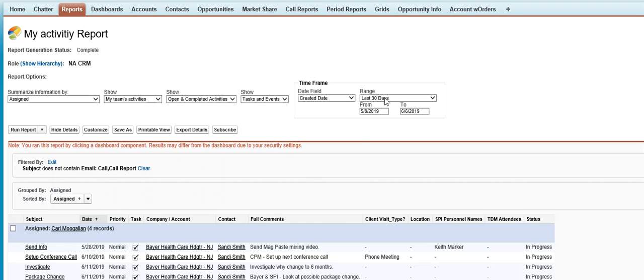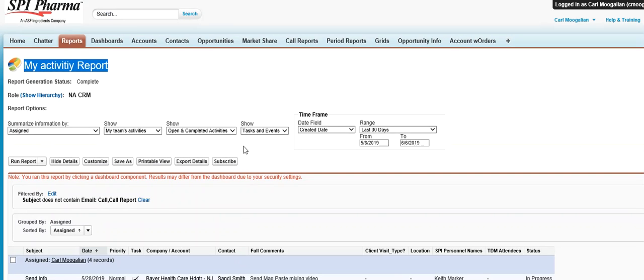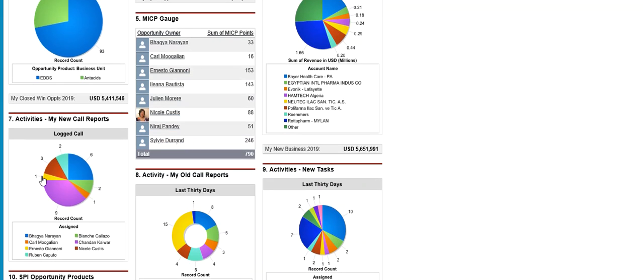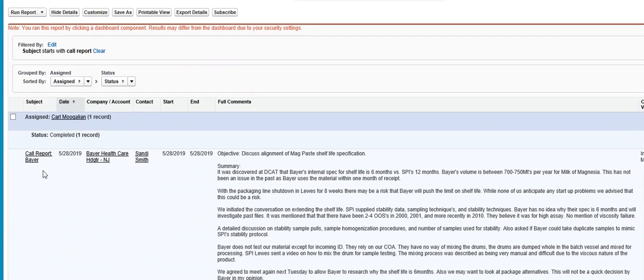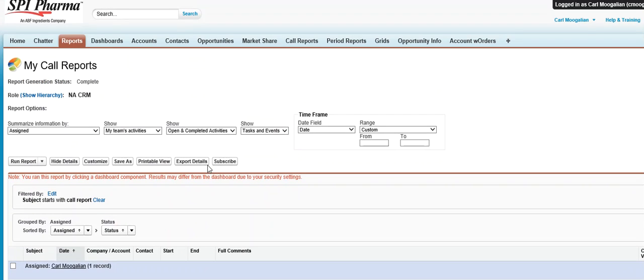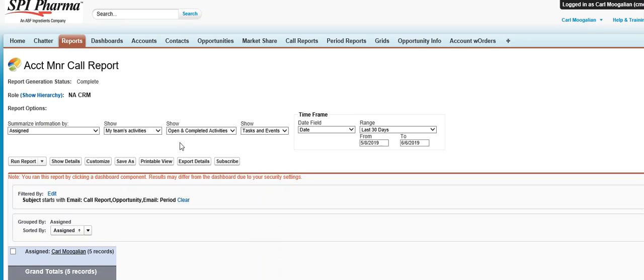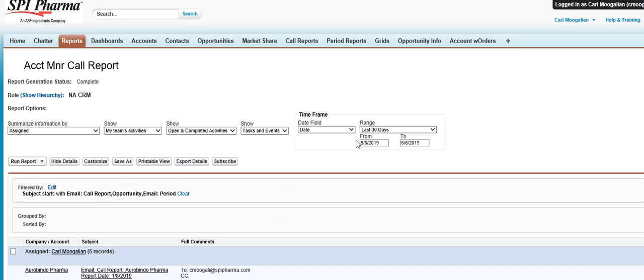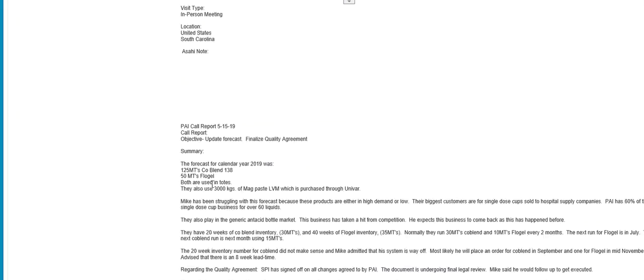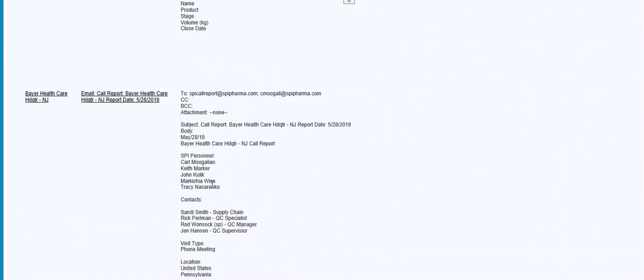And this one is based on created in the last 30 days. All right? So you use the subject to pull into your activities where they're assigned to you. You use the subject to pull in your new call reports because you're going to say call report. And all the old existing ones you'll still be able to get to, and they'll be based on this report. Okay? And so in the last 30 days, there were 5. So all of these were created. You can see that